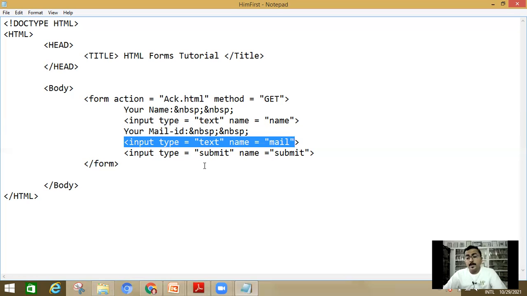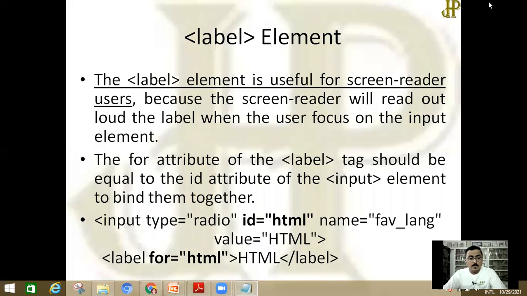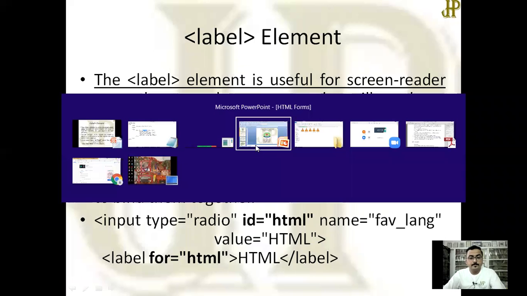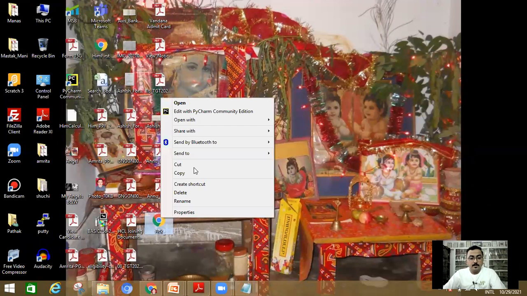new HTML file known as acknowledge, ack.html, okay, where I have printed something. I'm going to show you what I have printed here. So here, acknowledgement.html I already created.